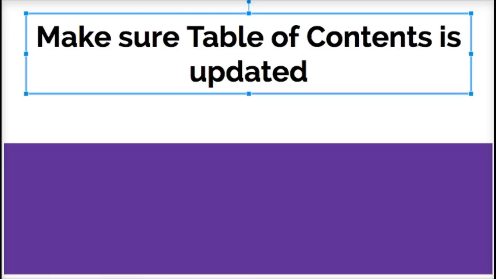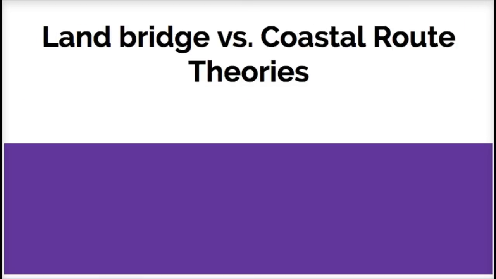And that's in Canvas. This video is about the land bridge versus the coastal route theory, and these are just two ideas that scientists and historians have as to how people got to America. So they've tracked it all the way back to Africa, and they have this whole migration of people into Europe, but then in Asia, but then how did they get to these two separate continents that are surrounded by water